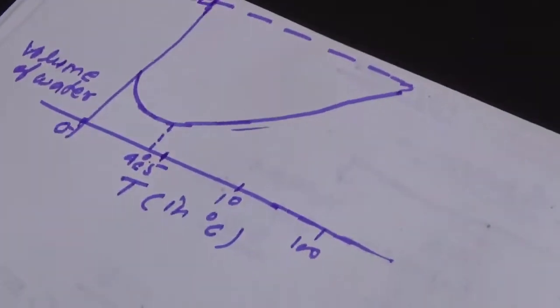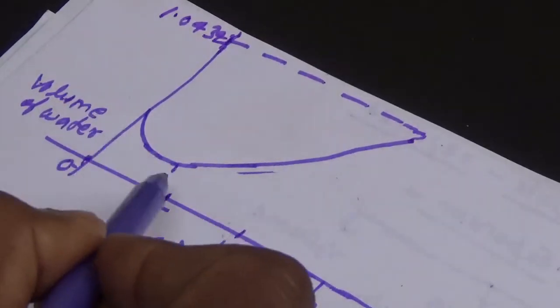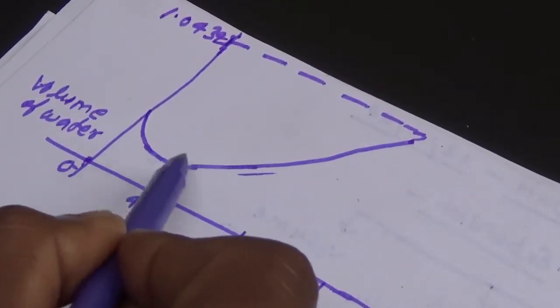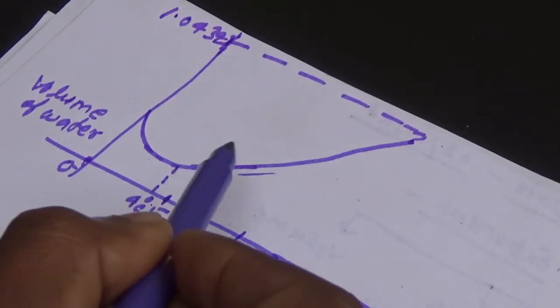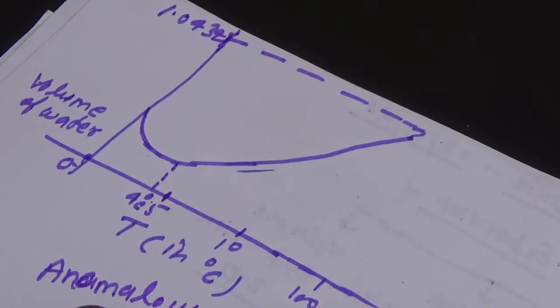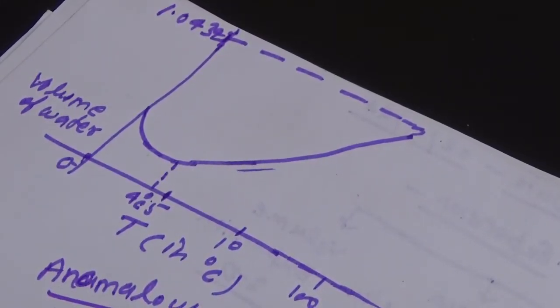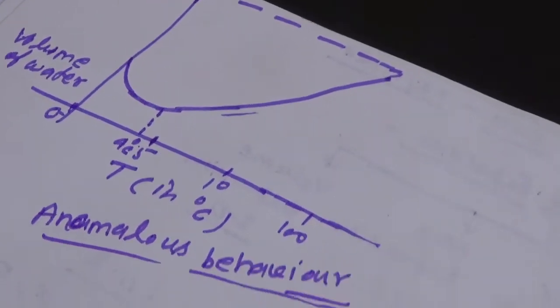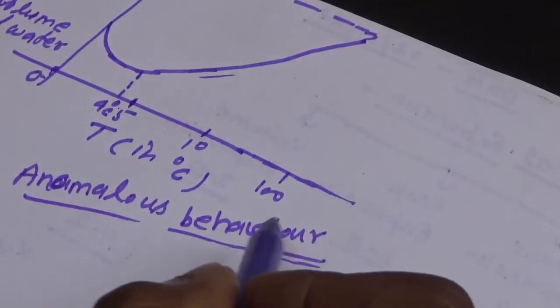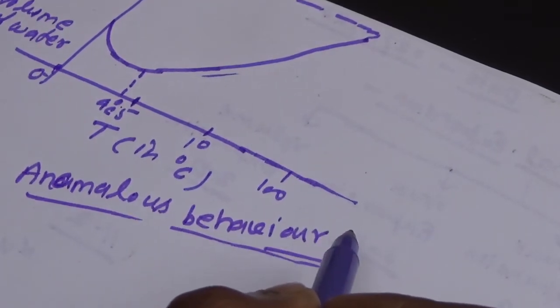So from these characteristics, due to this complex behavior of water, we have said anomalous behavior. Why have we said it is anomalous behavior? Because its behavior is not easy. Its behavior is something complex, different compared to some other materials, as we also discussed in the case of length.